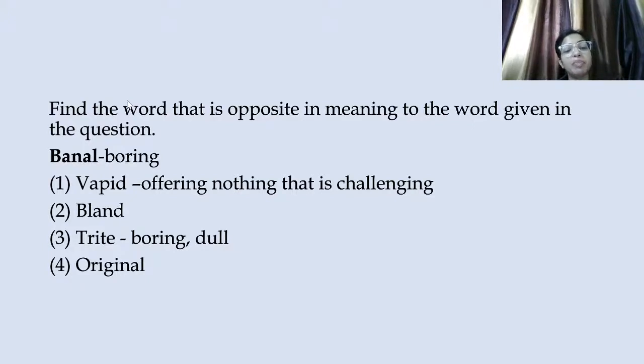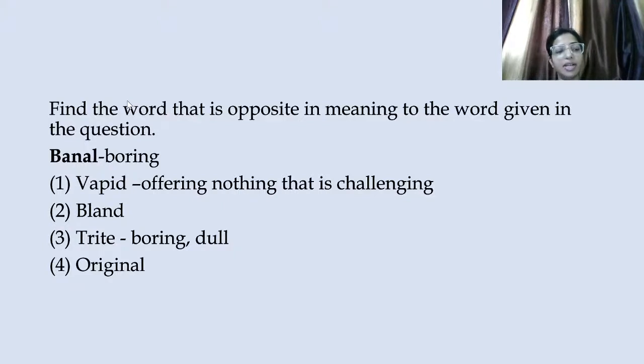First word is vapid. Vapid means something that doesn't have anything challenging or exciting to offer. Next, bland. How often have you used the word bland? Of course, every time you went to a restaurant and did not like the food, or if you are somebody who loves spicy food like I do, you must be finding certain cuisines like continental bland, right? Not very tasteful. So we use bland often to speak of food, or the color of clothes. So bland again means something which is boring, not tasty, not exciting,